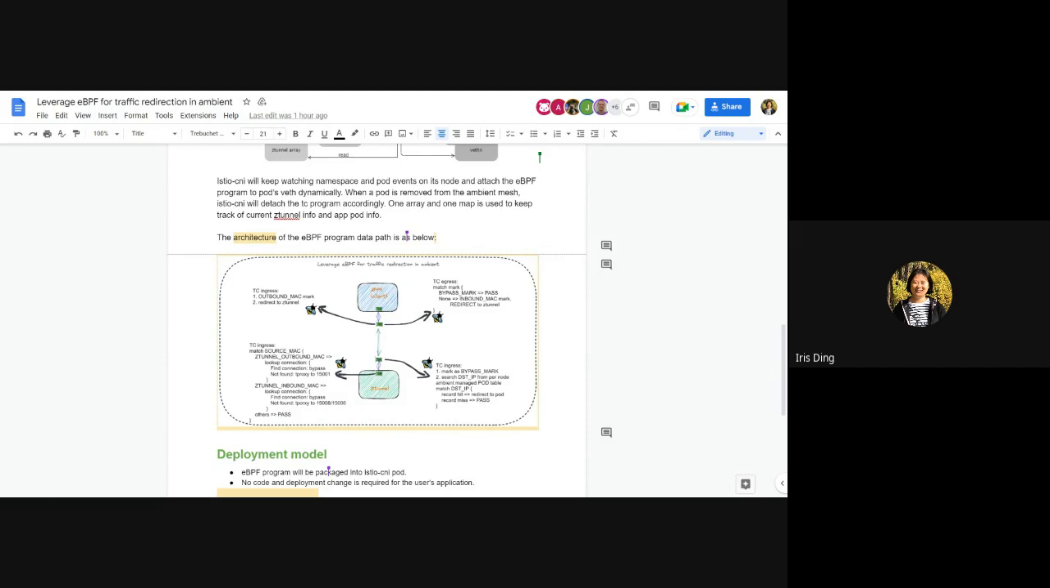Then on the right side, it's the TC ingress hook point. This hook point is hooked to the west on the host side. We keep a map in the kernel path to record all the pods that are managed by or running on this tunnel node. So we will search to see whether the destination IP is within the range. If it's within the range, then we will redirect to the related pod. Otherwise, it will just go through the